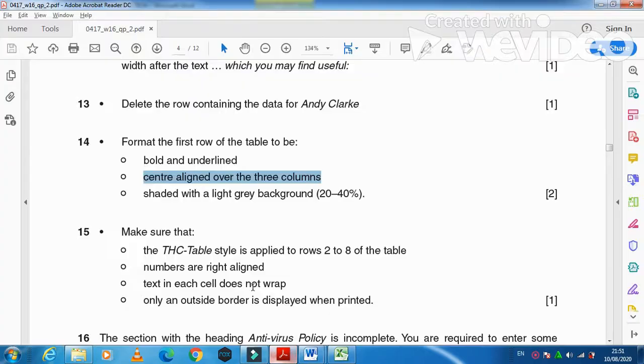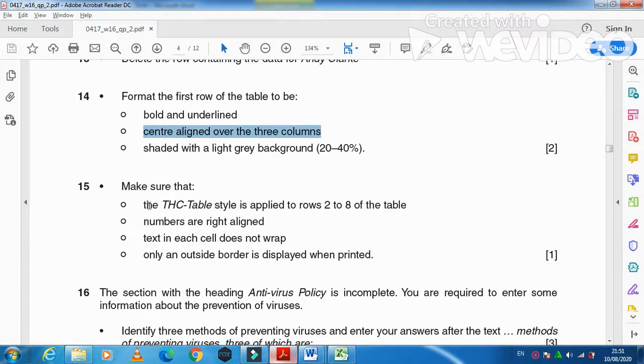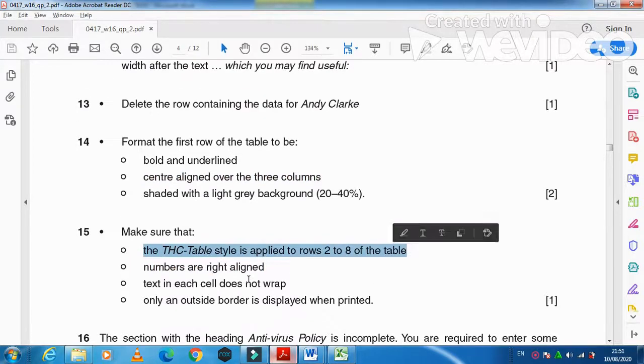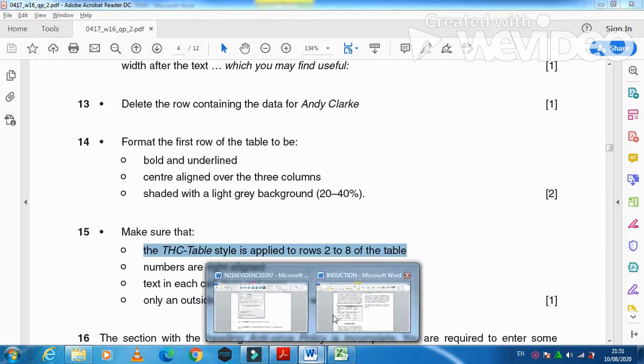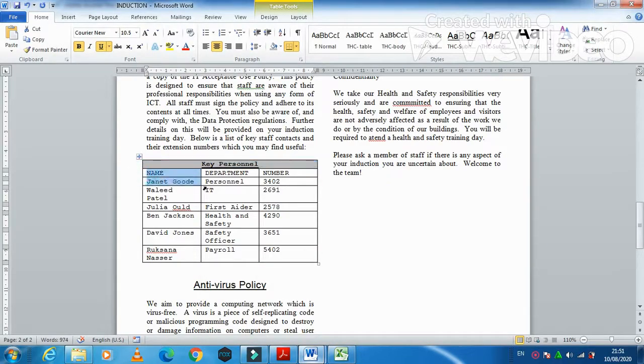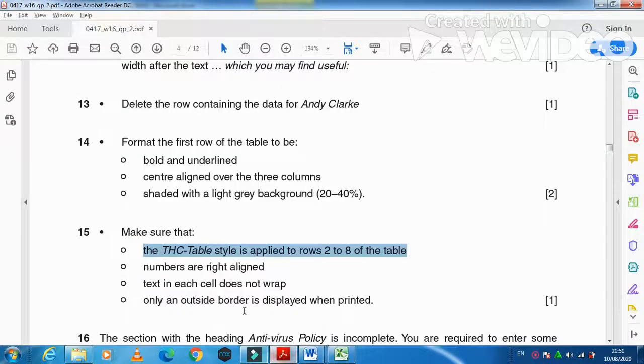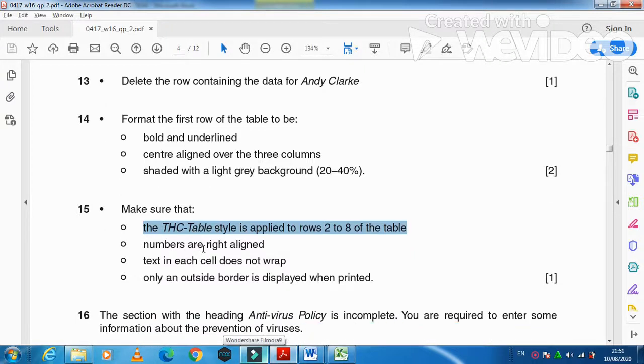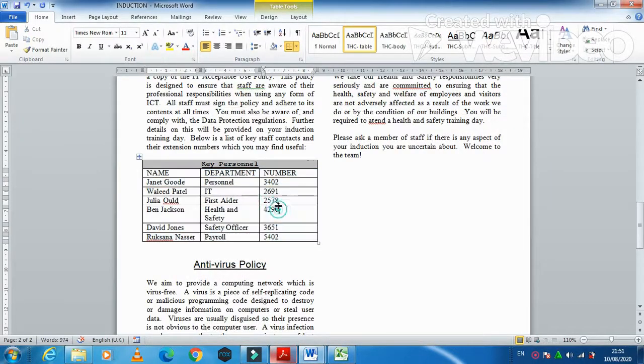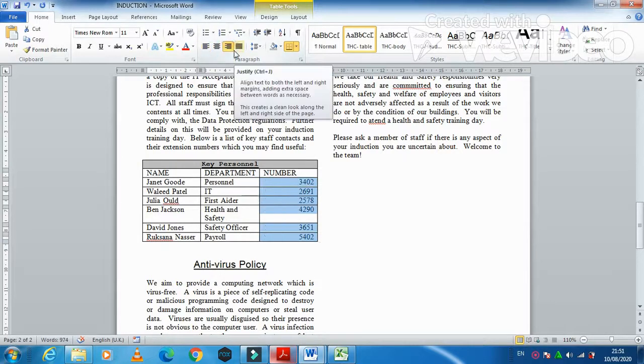And the next step is to make sure that the table style is applied to row 2 to 8. So from row 2 to 8 I am going to select from this point till the end, and TC table style is applied. And then after, next is numbers are right align. These numbers are right align just like that. So after the numbers are right align,